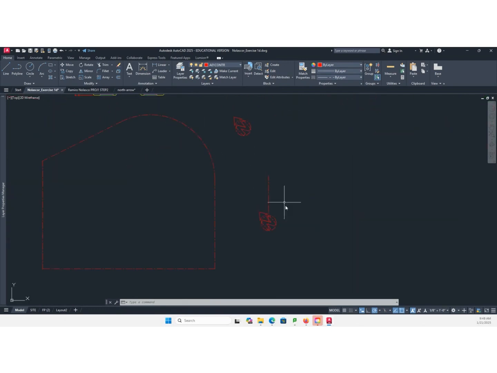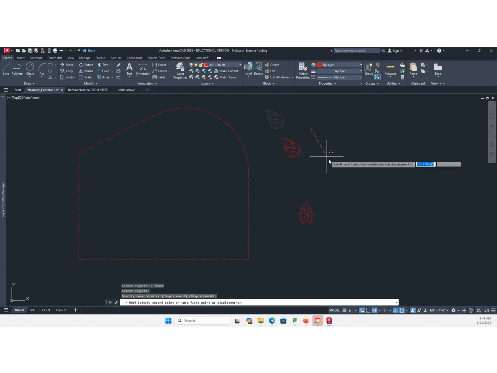So I'm going to make a project north by rotating this. RO is the shortcut key. This is the base point. And like what I did earlier, select reference. Select this as my reference. And then orient it so it's pointing upward. Okay. I don't need this anymore. So that's my project north. And this is my true north orientation.